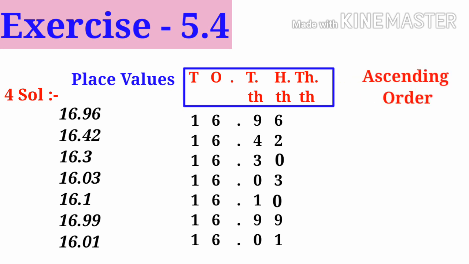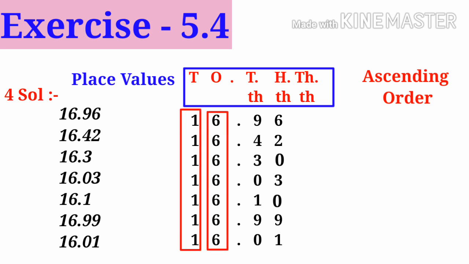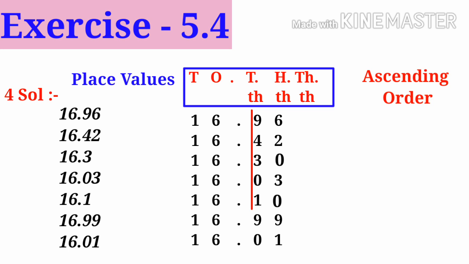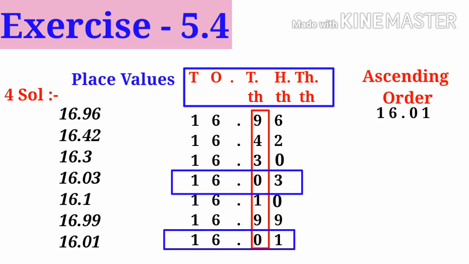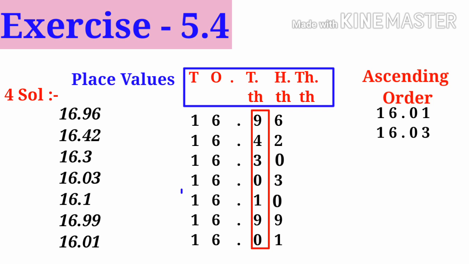Now to write ascending order, compare tens place, all are equal, ones place, all are equal. Now compare the tenths place. There are 2 zeros in the tenths place, so compare the hundredths place of it. We know that 1 is less than 3. So in ascending order, first number comes 16.01 and then 16.03 and then 16.10,